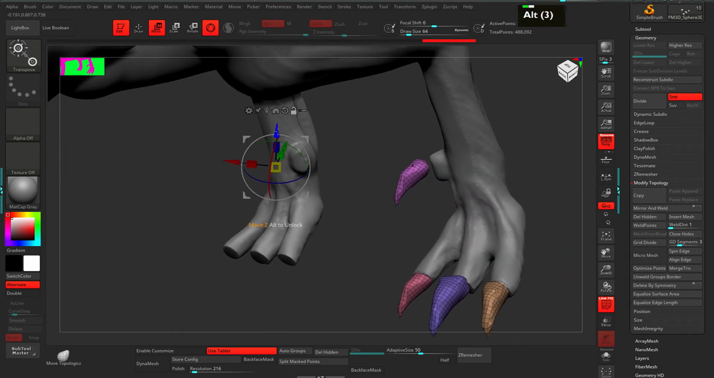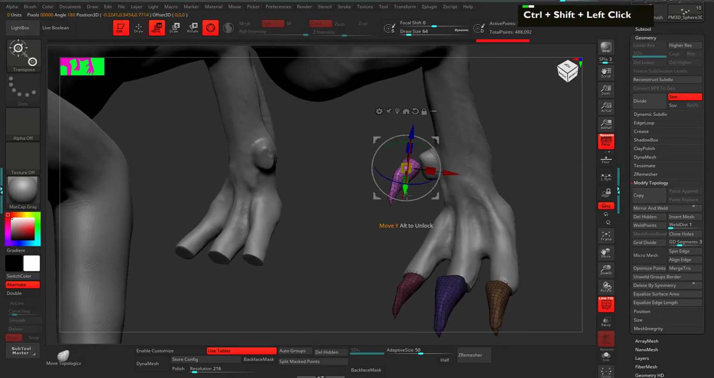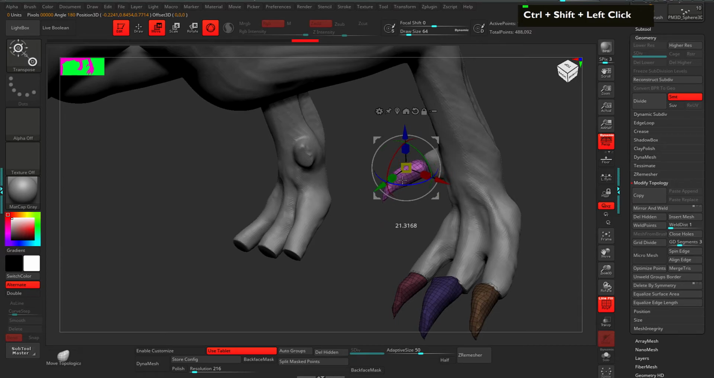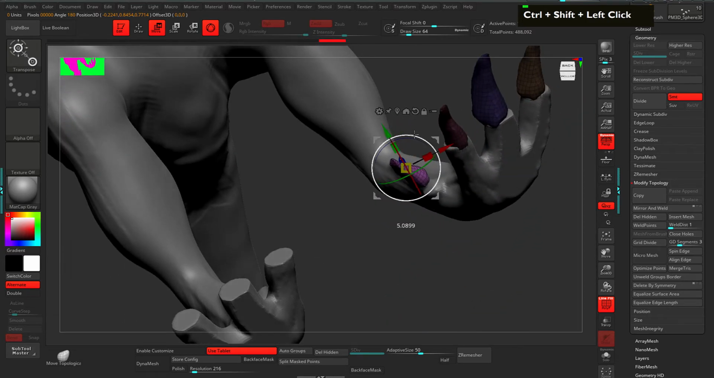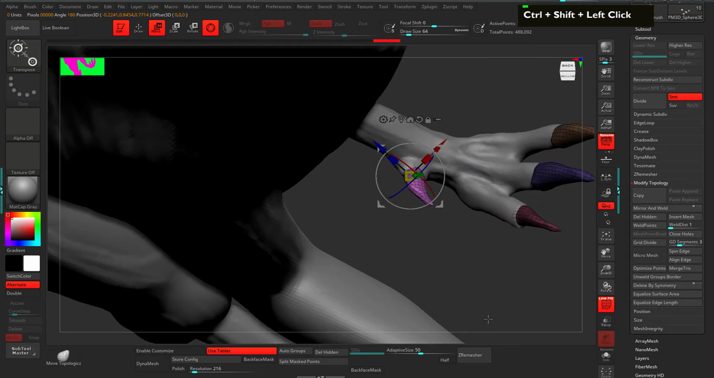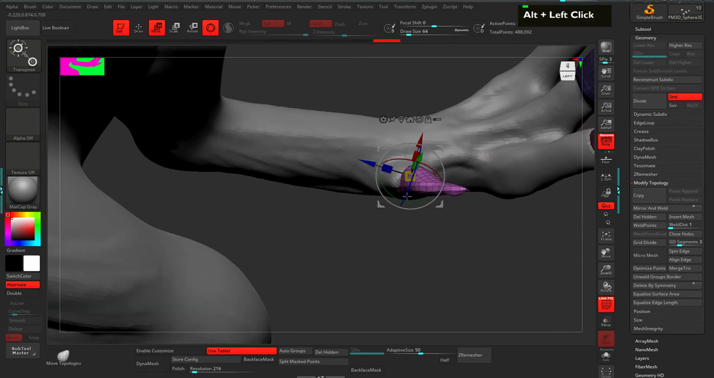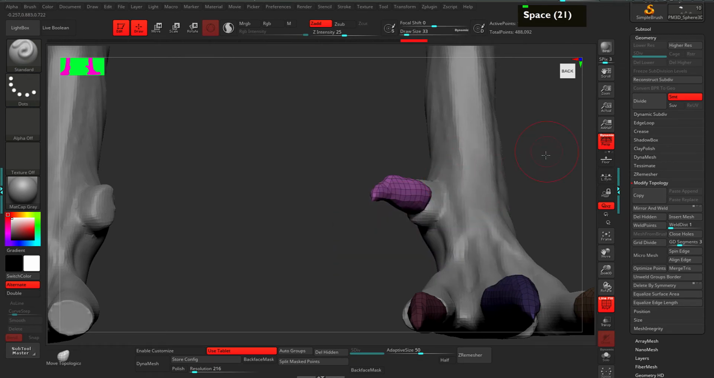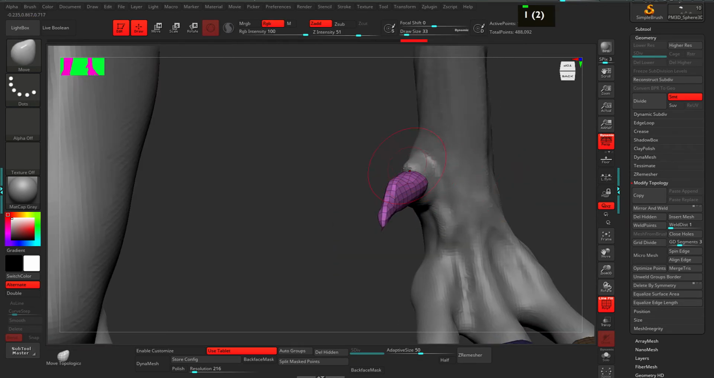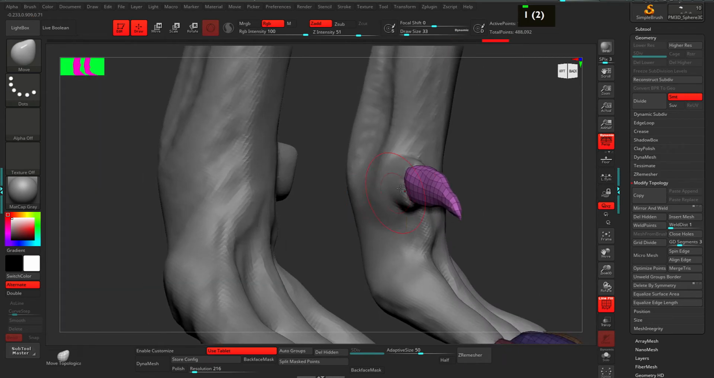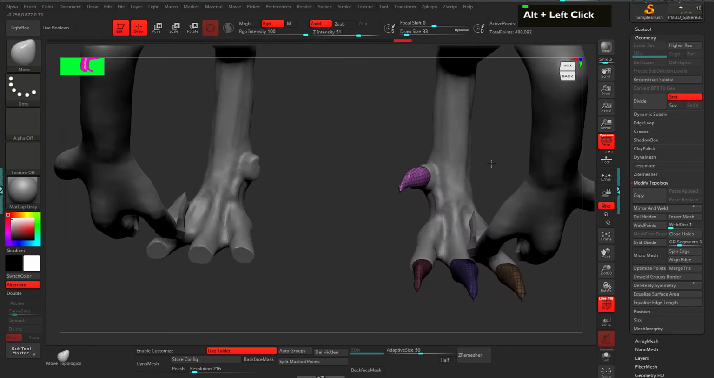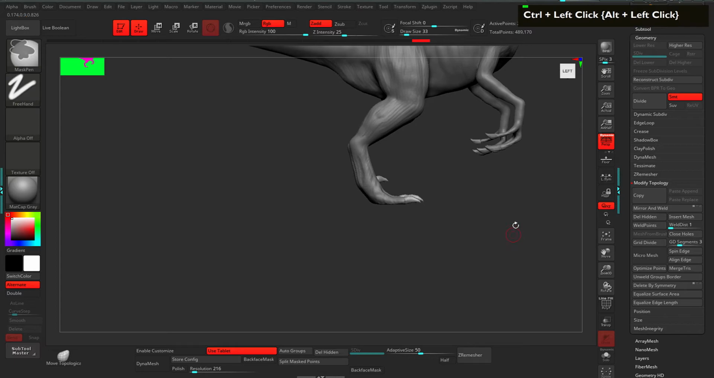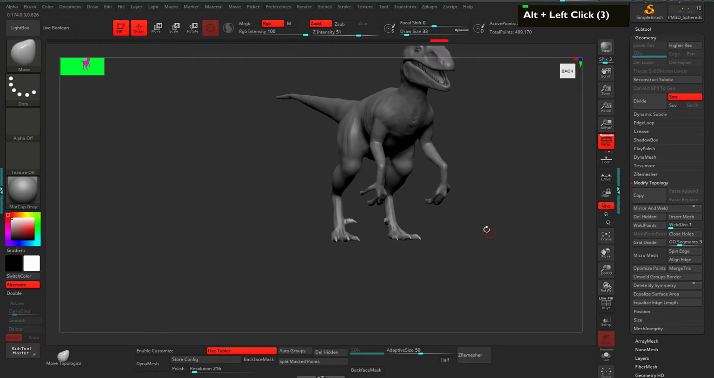Hit the W key and click on this point and Control Shift click. There we go. And now I can just adjust it and place it in the right place. There we go. And then I can use my move brush. There we go. And then we can do mirror so it looks nice. There we go. Remove the mask, and we are good to go. Let's select the